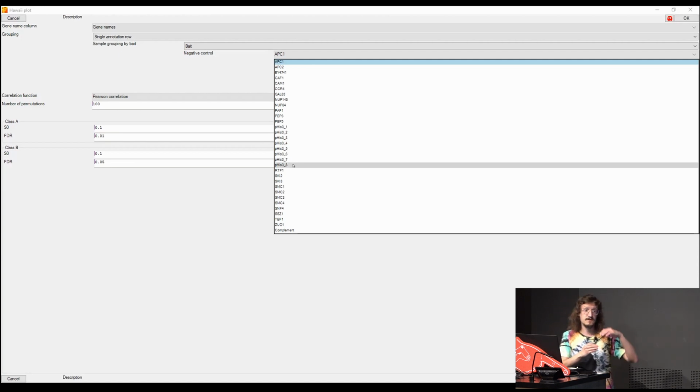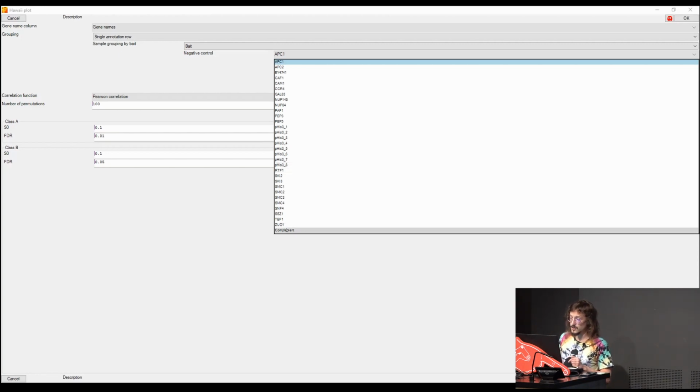And you will see then that the significance will drastically increase the more data you have. But we're not going to do that. We're going to use the complement. And the complement is the information coming from the whole data set. So now we will plot the significant ones. We will plot one condition against the LFQ results coming from all the others. So it means the information coming from the unspecific binders from all baits and all the experiments that were done.